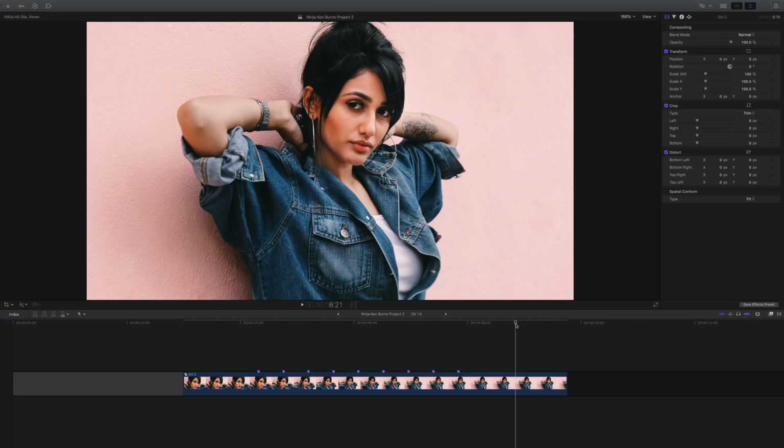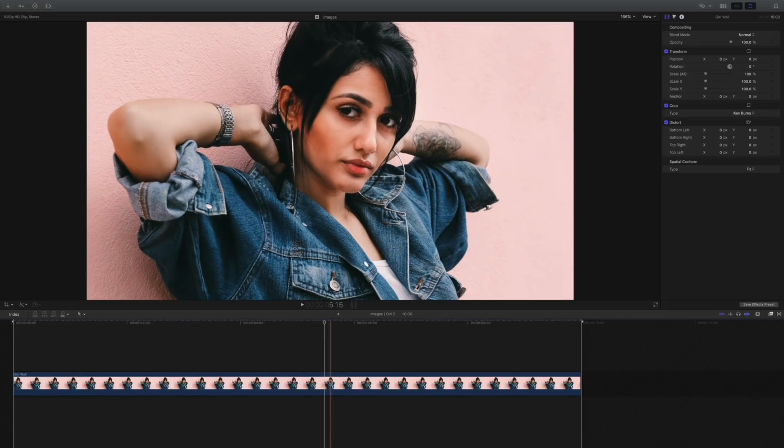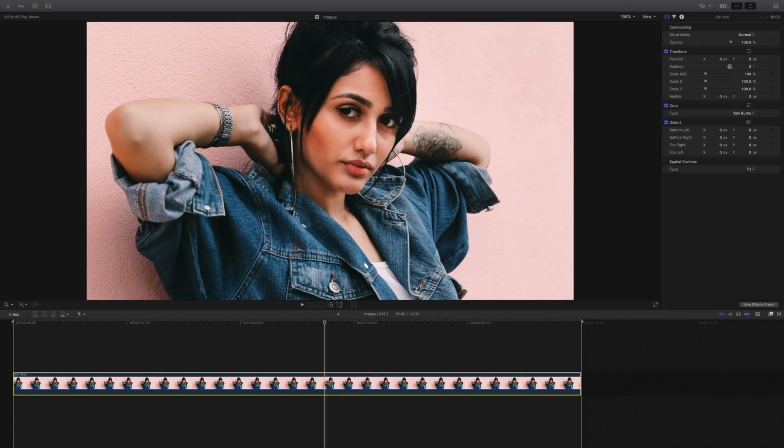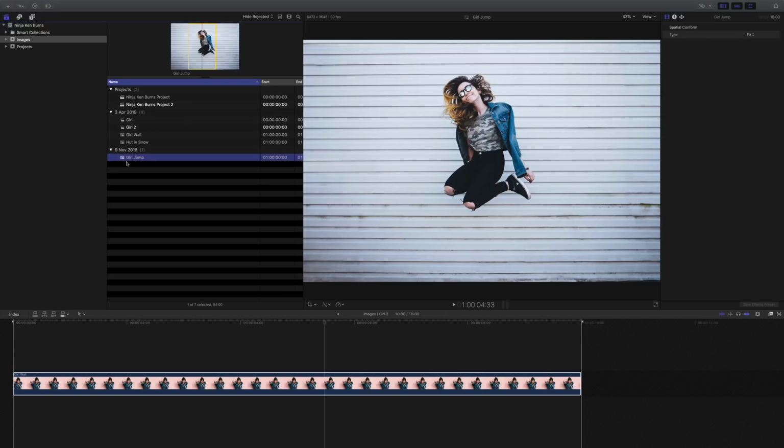The last technique is a benefit from us using compound clips. So let me double click this clip to open it up. You can see here's our original image with the move. I'm just going to go Command C, and that copies the Ken Burns move. Then if we open up the browser, you remember this picture of the girl jumping. So I'm just going to drop that